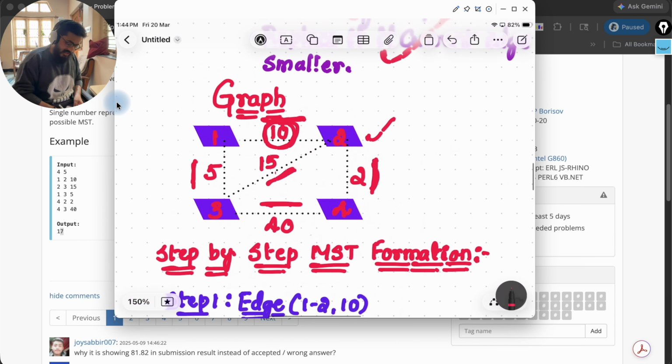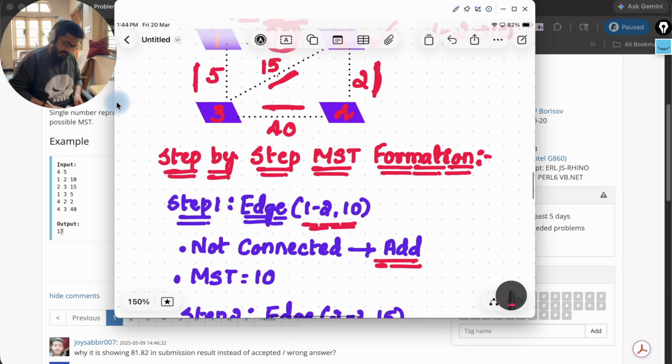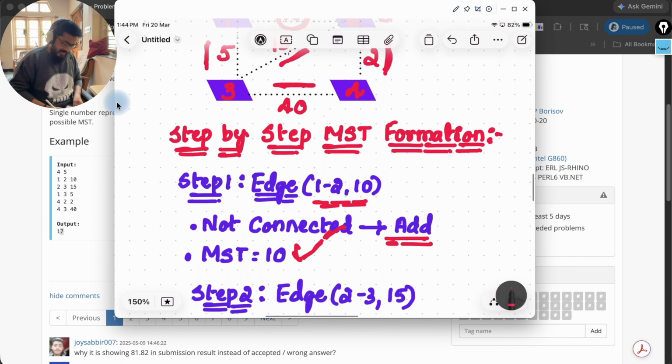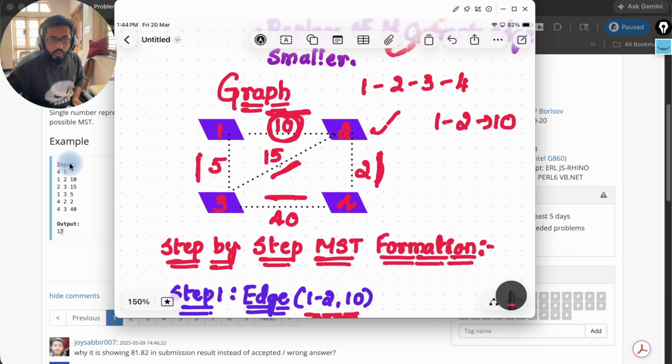Initially all the nodes are isolated: 1, 2, 3, 4. So this is not connected yet, and we will add this edge 1 to 2 with a weight 10. That's what we will do. So MST will be 10. Next, in the input they have given 2 to 3 with a